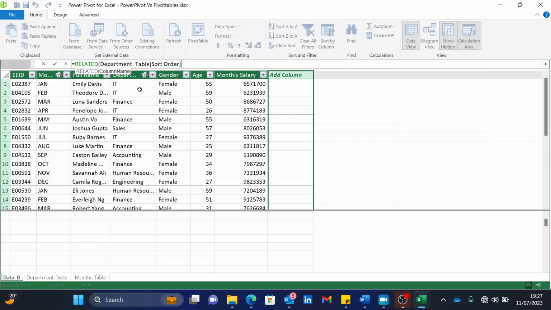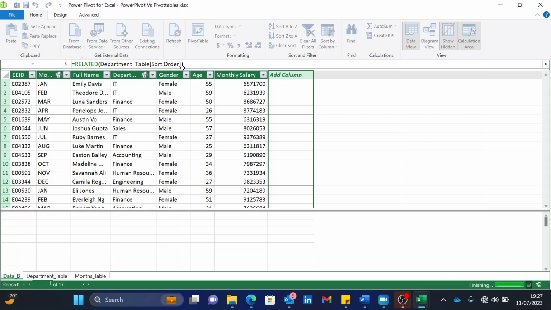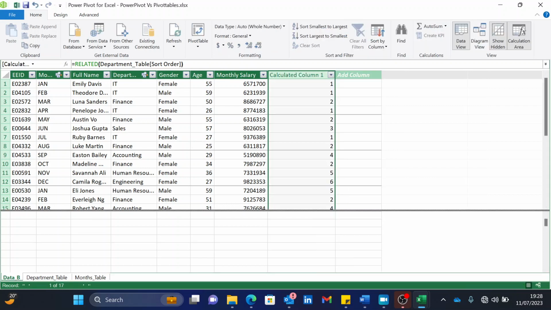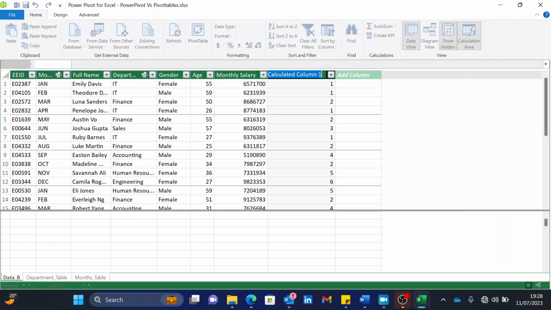So I'll click on that and then close brackets. So RELATED is a DAX function that goes to the department table, picks out the sort order, and then brings it into my data table. So I'll give this column a name, department sort order,